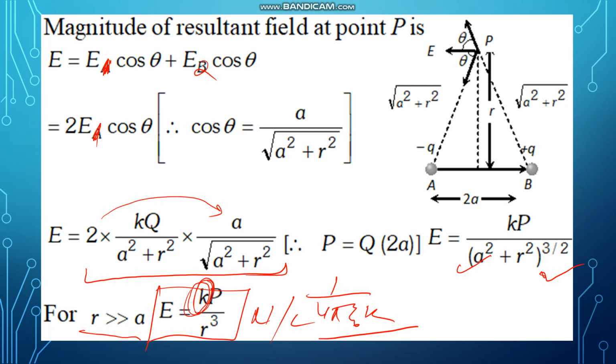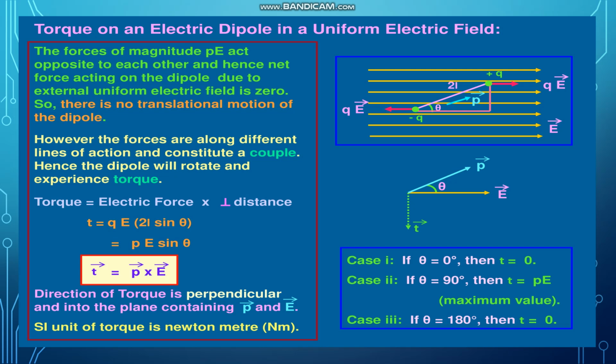Now see the next topic, that is torque on an electric dipole in a uniform electric field. If we place the dipole in a uniform electric field, as you can see, making an angle theta with the direction of the electric field, it will experience two forces equal in magnitude but opposite in direction. This minus q will be in this direction and plus q in this direction. So due to these equal in magnitude and opposite in direction forces, it will try to rotate